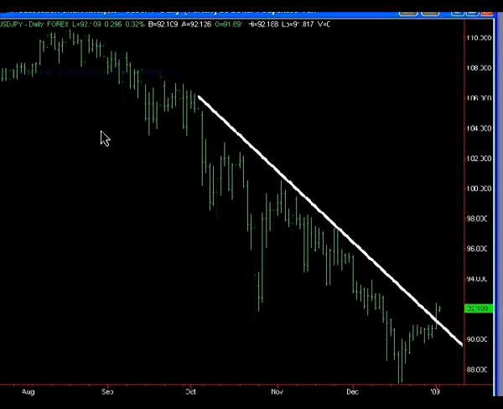The last chart is the dollar yen. As I mentioned, this is a daily chart, and we can see that this pair has finally broken above a longer term resistance line. So moving forward, what I would say with this pair, this will be a slightly longer term trade in focus, but over the next 24 to 48 hours, I would look for a move back down to the former resistance line, which might now act as support. Personally, I might look to enter just above that, the former resistance line, which will now hopefully act as support. I would look to enter just above the line with a stop, maybe 50 pips or so beneath the line.